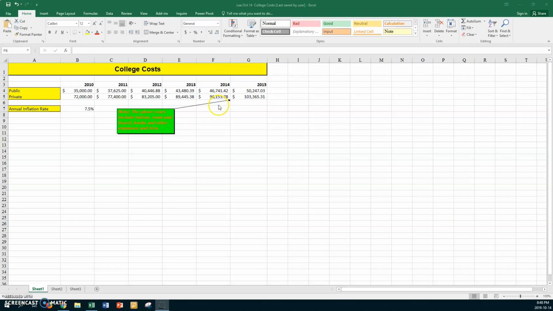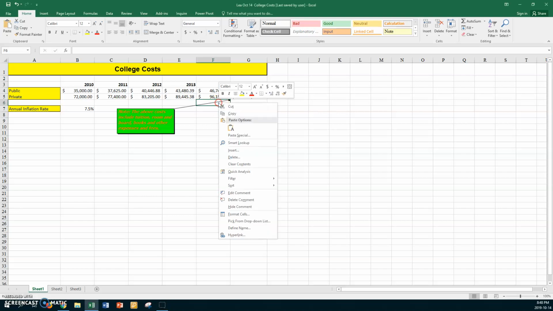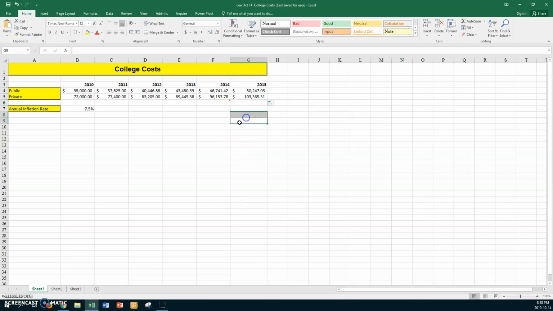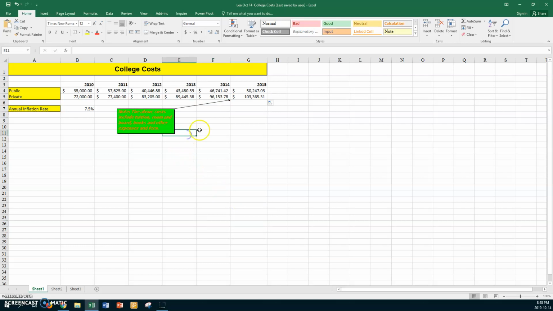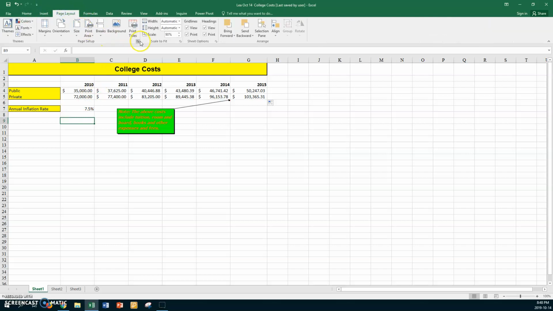And I just want to do one more thing. I want to click in here, hopefully I can, right click and say hide comment. So remember, when you hover over where the red triangle is, you see your comment. If you're in the cell and you right click, show comment, then it stays on your screen the whole time. Now, remember when we go to print, you go to page layout, you go to page setup,